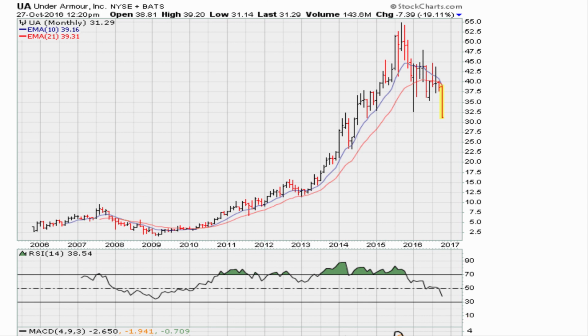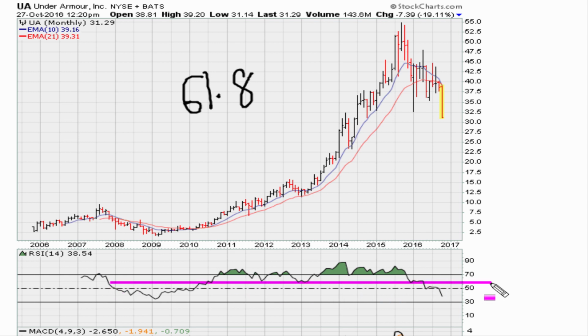So remember, earlier I talked about that level at 61.8. Let's take a look at that. What we can do here is draw a simple line right here at 61.8 roughly, and this line is packed with information. Here it gave us the buy signal we talked about before the run,